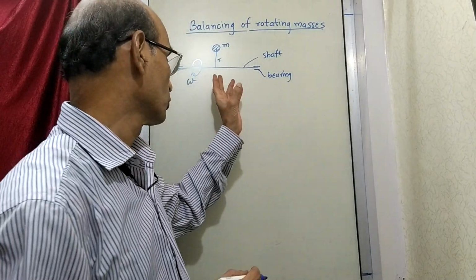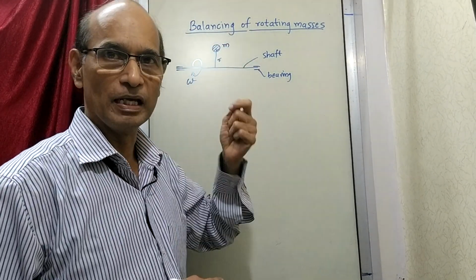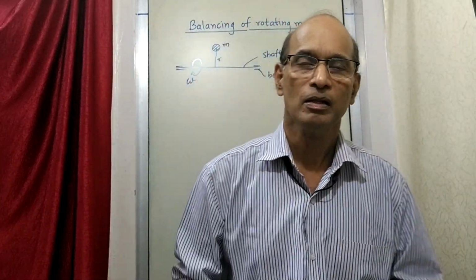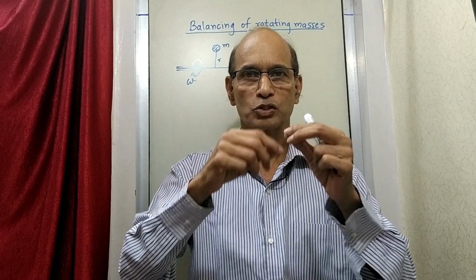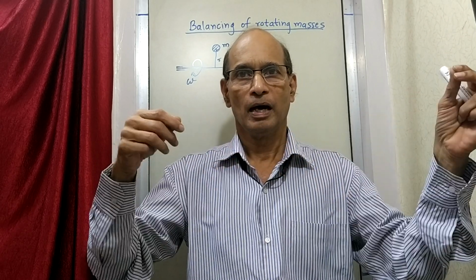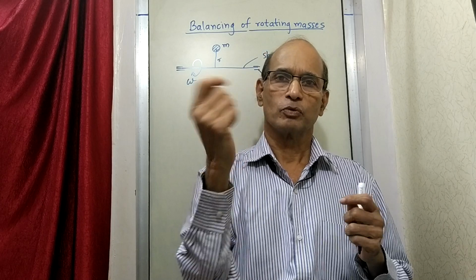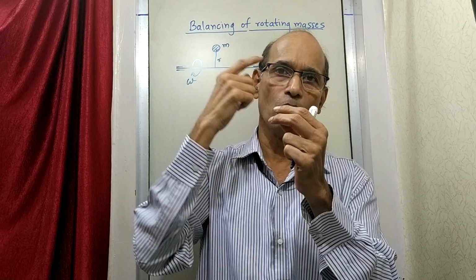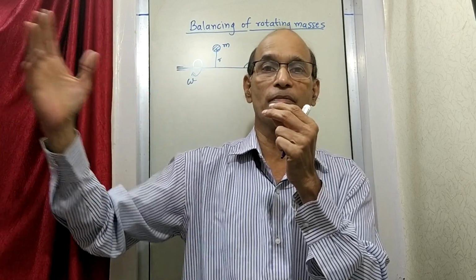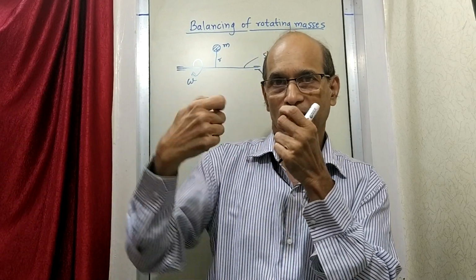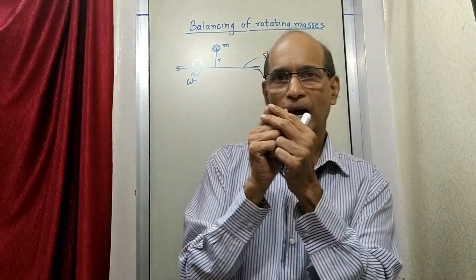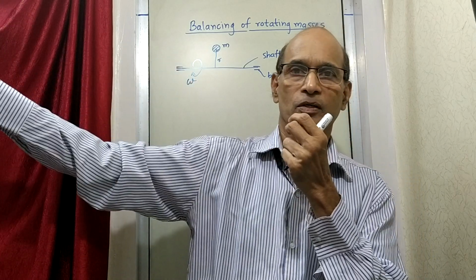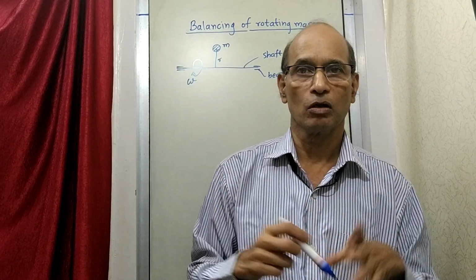Now in this situation, this mass, when it is rotating, is going to exert some kind of a centrifugal force. All of you know a very simple example. Suppose I take one stone, and to that stone I tie one rope, and then I start rotating that rope. So when I rotate that rope, the stone will start revolving like this, and when it is revolving, it has got a tendency to move away from the center. So all the time the thread is going to pull. My hand is getting some pull from the stone because the stone wants to move away. So this is what is called the centrifugal force. All of you know that.